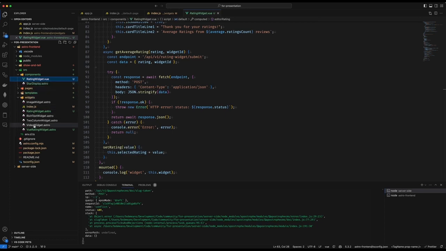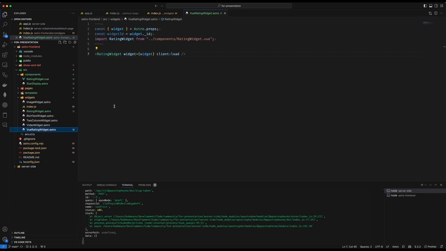The last thing to look at is the actual template in the widgets folder for displaying the Vue component. Here's the gotcha. I originally added my Vue component at this level and directly wired it up. It displayed fine, but no interactivity. That is because Astro was stripping the JavaScript portion and my component was never hydrating. Instead, you need to import it as a component to a normal Astro file, and then you can add a client directive to the component to tell Astro to include the JavaScript.